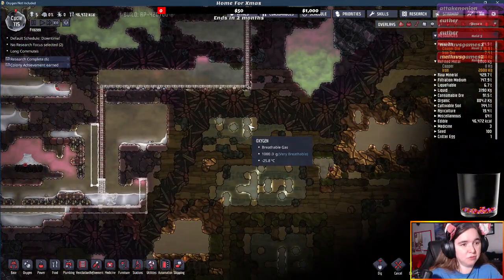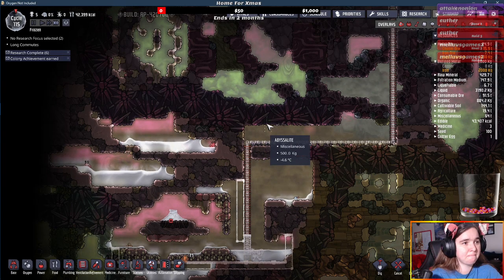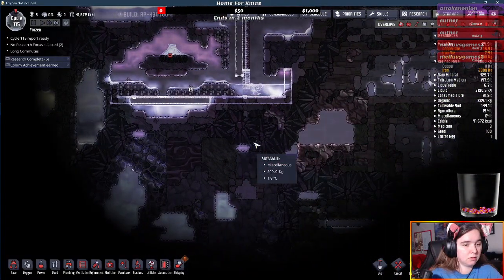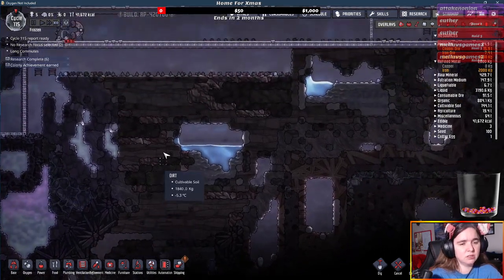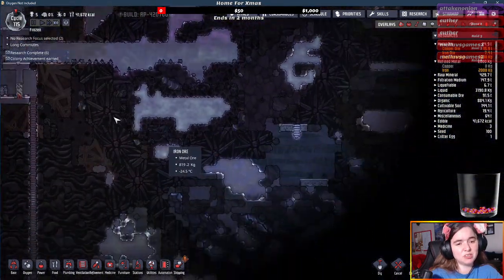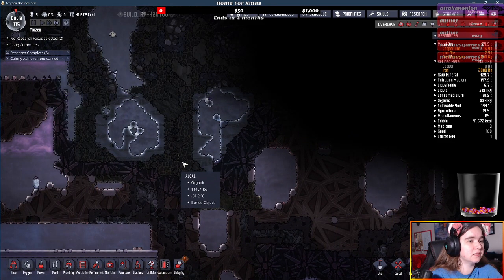The other benefit of doing it with mealwoods is I can then use them to also feed the hatches. And that is my plan. Because then the mealwood will feed the hatches. The Drekos will create some wool and some plastic as well. I may eventually just eat the glossy Dreko eggs, just because